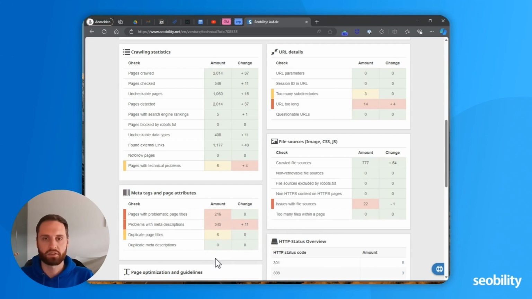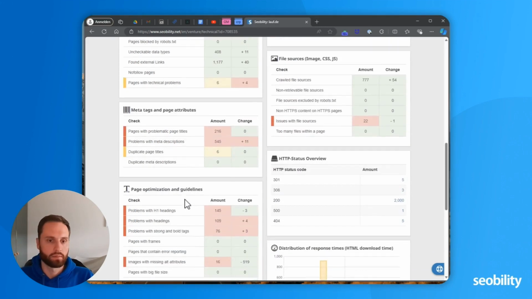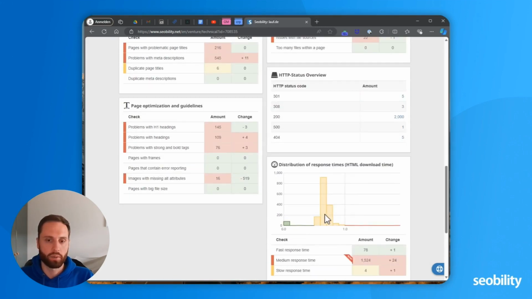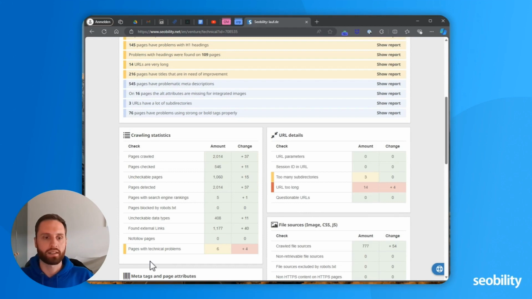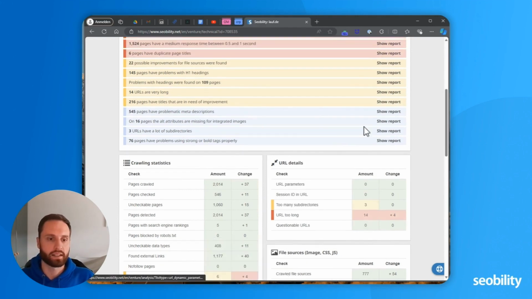This is just to help you with navigating the many analysis. And for some reports we have visualizations, for example, the distribution of response times, or this overview of HTTP status codes.